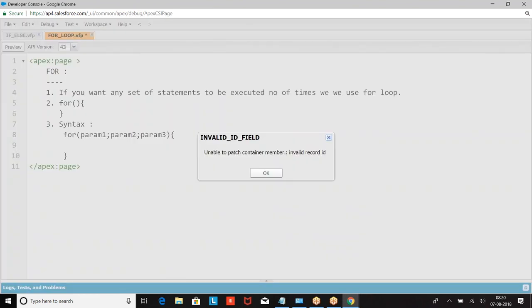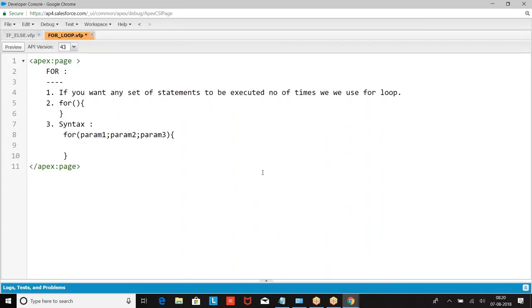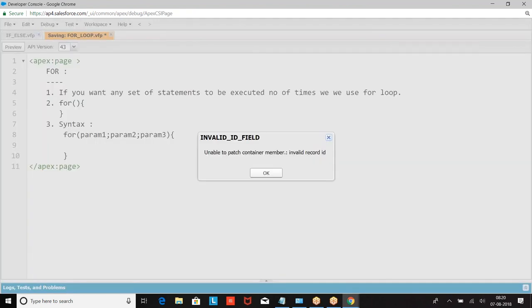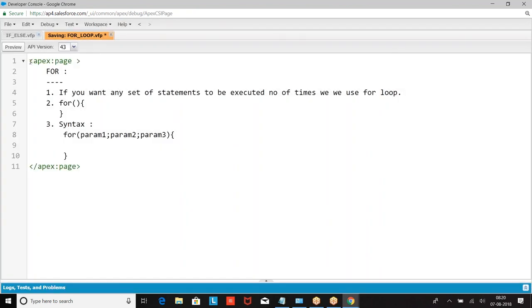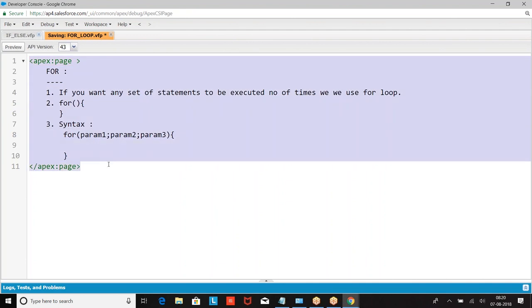Maybe I will start 1, 2, 3, 4, 5, 6, or I may say 11, 12, 13, 14, 15. I would start counting from any number, maybe 101, 102, 103. I want to say that this operation should run 10 times, so I should count how many times the operation is running.